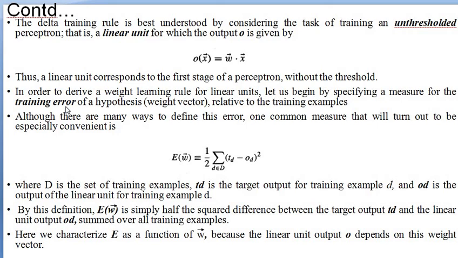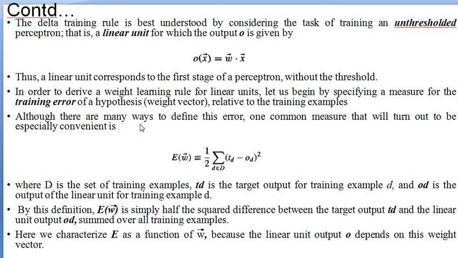So first let us measure the training error, and depending on whether it is high or low, we can adjust our weight values. Always remember the error should be minimum, ideally equal to 0. That is the best case. So we need to always minimize the error. The main aim of the delta rule is minimizing the training error. If we minimize the training error, definitely we will reach an efficient result.